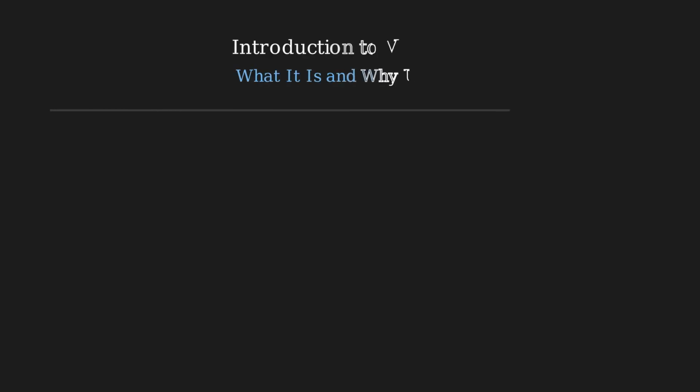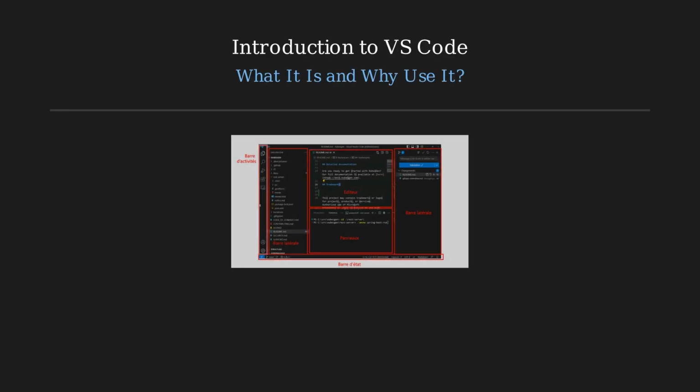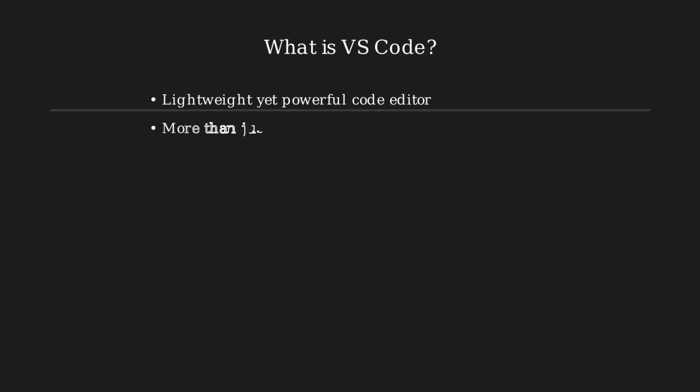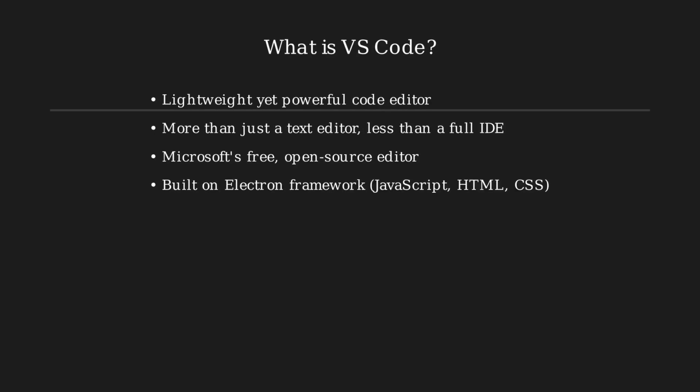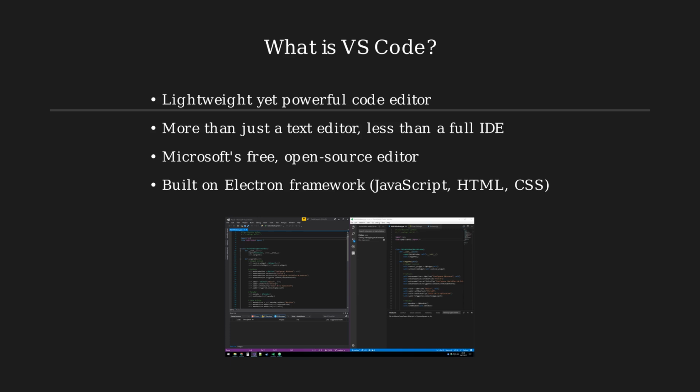Visual Studio Code, commonly known as VS Code, is a source code editor that functions as a lightweight but powerful integrated development environment. VS Code is essentially a smarter version of Notepad, designed specifically for coding. It's lightweight yet powerful, striking a balance between a simple text editor and a full IDE. Developed by Microsoft, it's completely free and open source, built on the Electron framework, which allows it to run efficiently